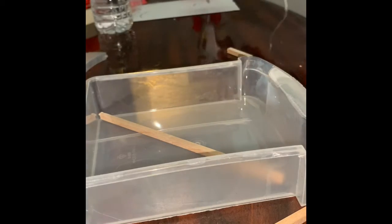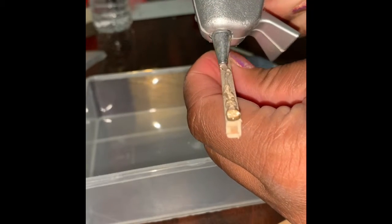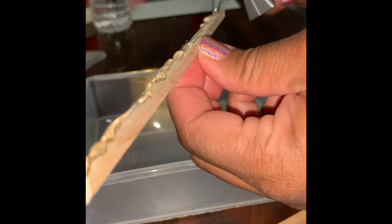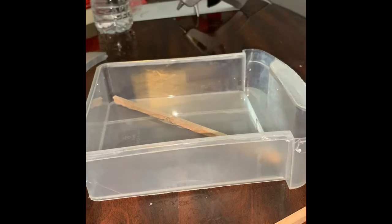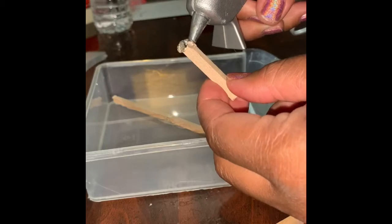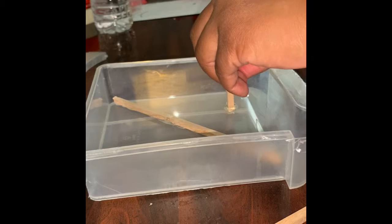With the top drawer, I glued one of the wooden dowels diagonally. That way I could separate the drawer into 2. And then I ended up gluing 2 smaller dowels in as pegs, but I underestimated the height on the top drawer. And so the second one that's inside, I won't be able to use because I won't be able to get anything over it. But it just sections off the drawer so that you can put 2 different sets of things inside